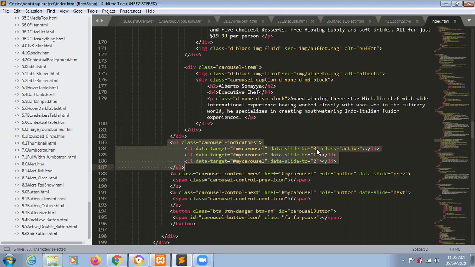Circles, madam, I can give, but I didn't try circles. Whatever was given in the assignment, I followed. Okay, you can try that and show me later. Okay, madam, I will show you the circles. Instead of the dashes, round circles as the indicator. Okay, madam, I will try that one.